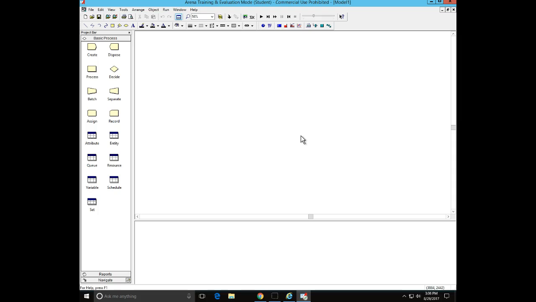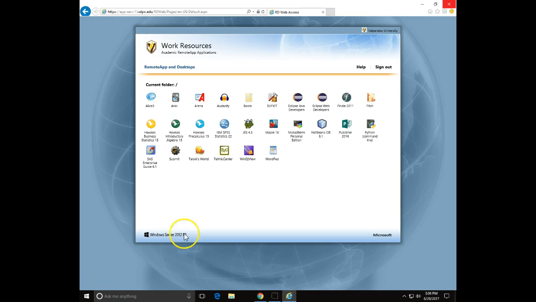Okay. So basically 2 different ways to do it. If you've got your own computer, laptop, desktop, whatever, install Arena on it one way or another, and then you're good to go. If you're on campus here, you can go through the remote app and get it to run that way. Okay? So that is